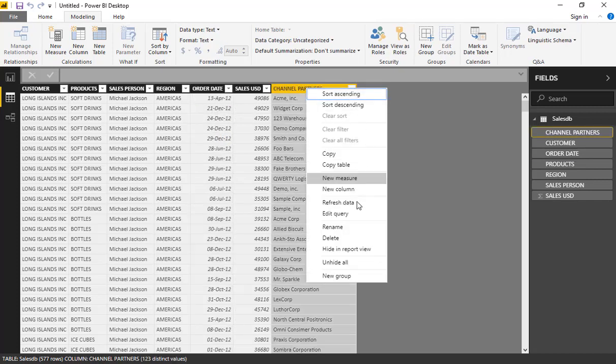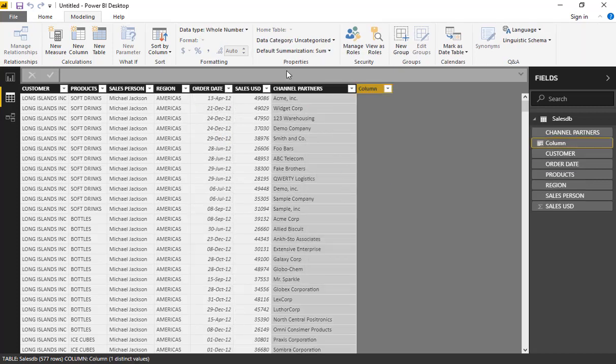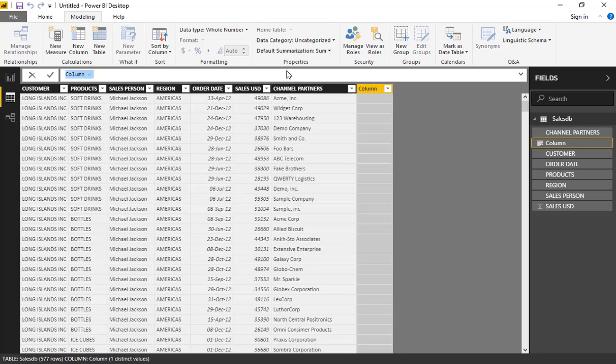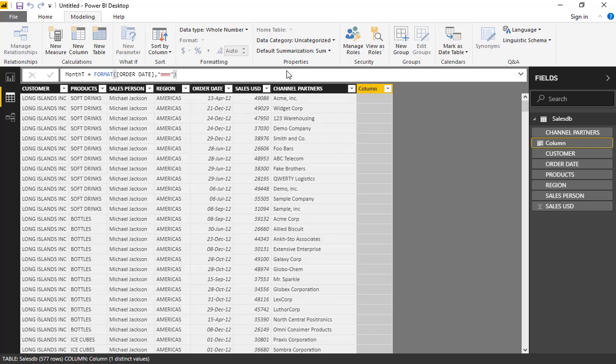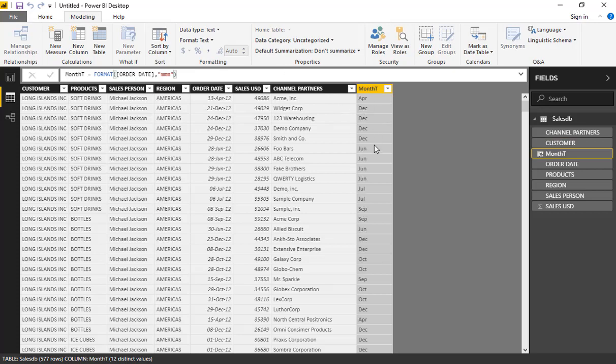So right click on new column, and you can put a measure here in the calculated column, let's say month T, and we will write the FORMAT DAX here. The column is order date, and we will extract the month name in descriptive form. So we got all the month names here in a short format from this order date column.